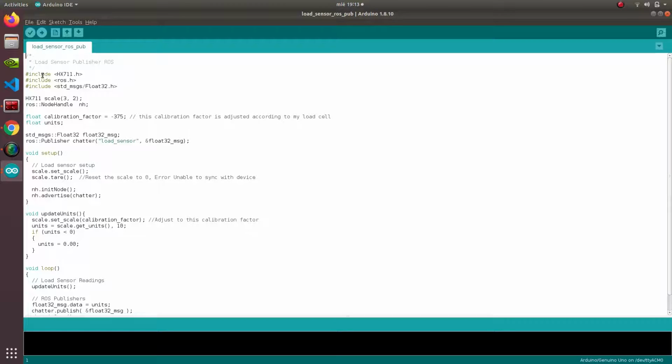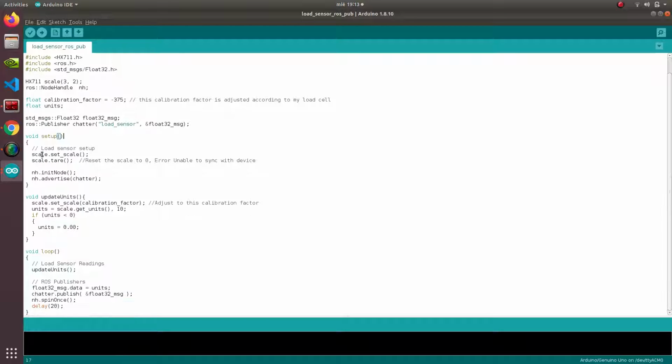We just use the ROS library and this HX711, which is basically the chip that converts the load sensor data into something that Arduino can understand. It's very, very simple. So it gets the data